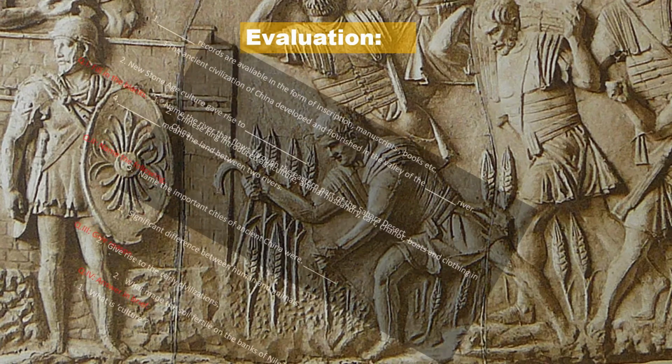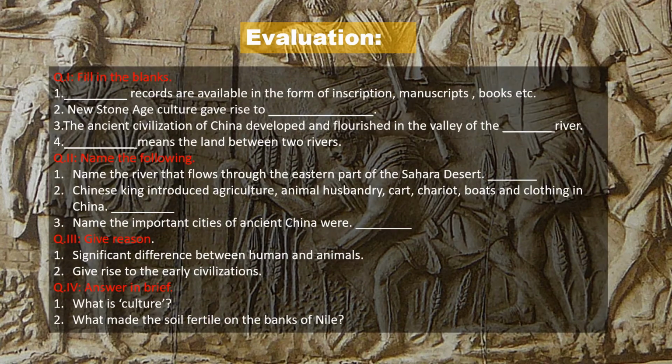Evaluation of Module 1, Historic Period. First, fill in the blanks. Dash records are available in the form of inscriptions, manuscripts, books, etc. Answer: written. Second, New Stone Age culture gave rise to dash. Answer: